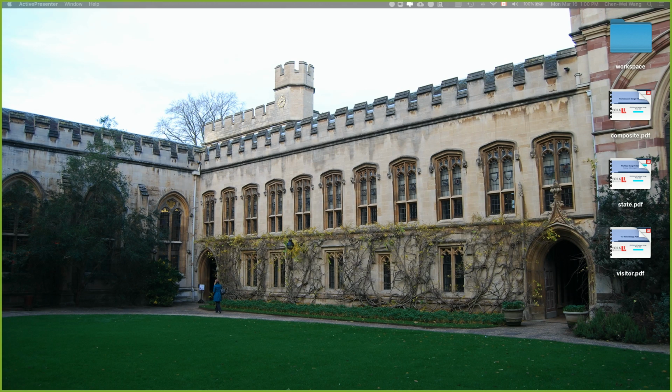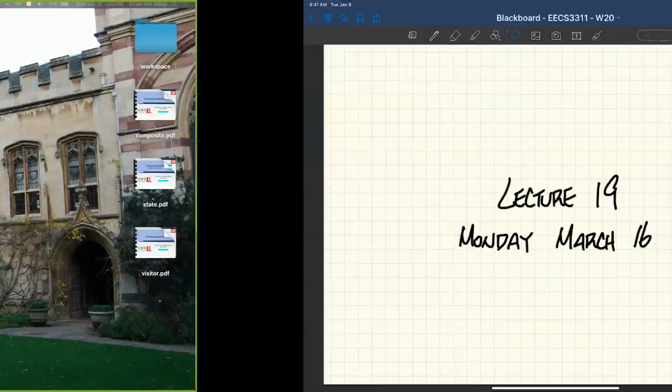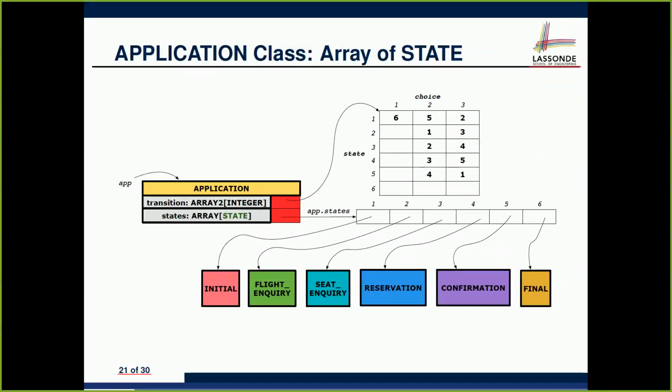Okay, so today I want to start with just reviewing the state pattern that we talked about last time. Very quickly, just to review how we talk about polymorphism and dynamic binding for the state pattern. Okay. This is really the most important slide you want to get yourself into, which is about how you can